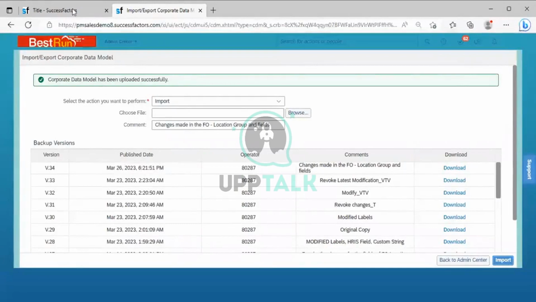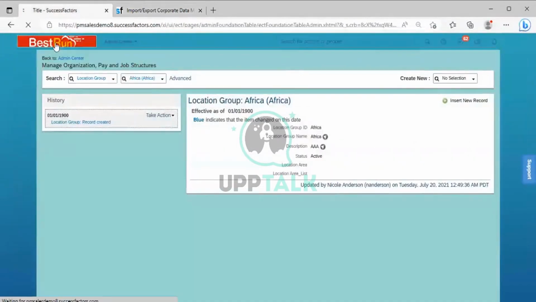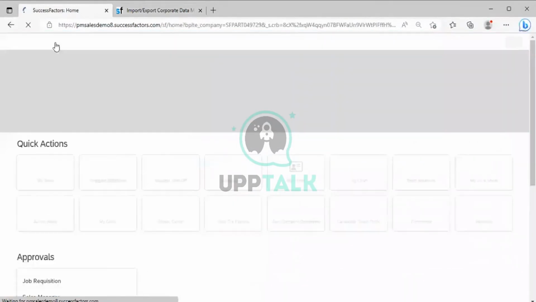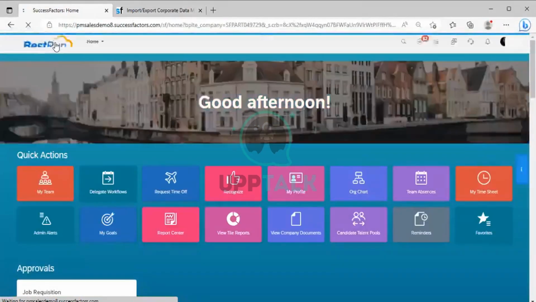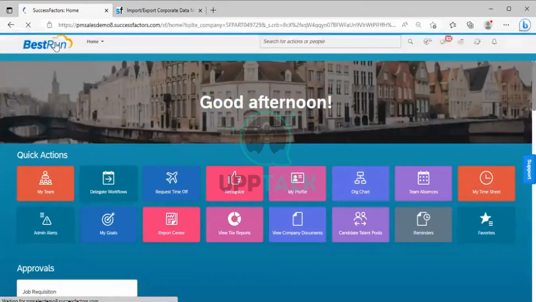Now once it is being done, go back and just refresh the page here. After refreshing the page, go to